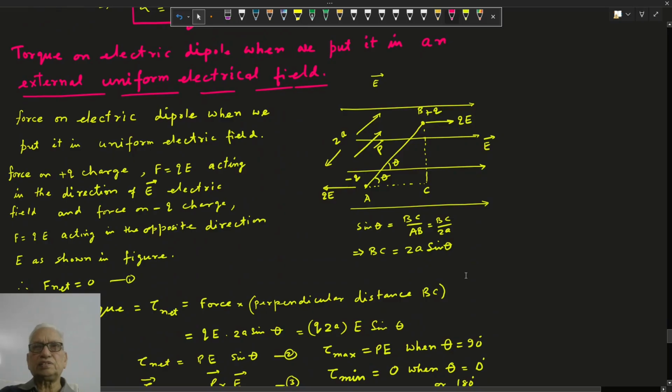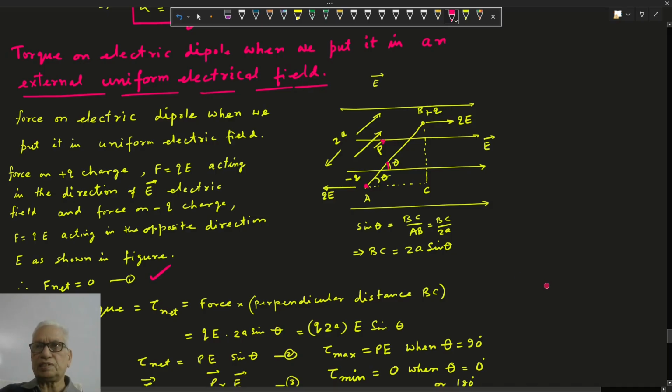Now suppose in the external field, electrical field, we put the dipole here like this, making an angle initially theta with P and E के बीच के एंगल क्या है, so force on the dipole will be QE in the direction of electrical field and QE in the opposite direction of electrical field at minus, पॉजिटिव में से फोर्स लगेगा in the direction of electrical field, नेगेटिव में opposite, but QE both are equal and opposite, so net force will be 0 here,